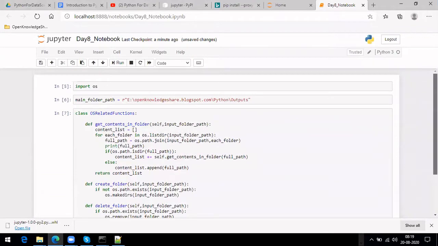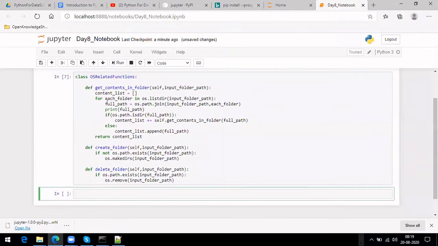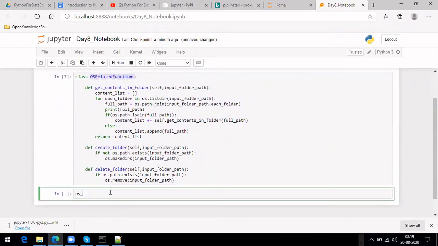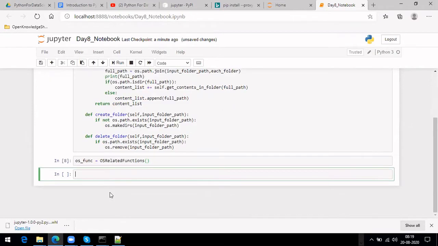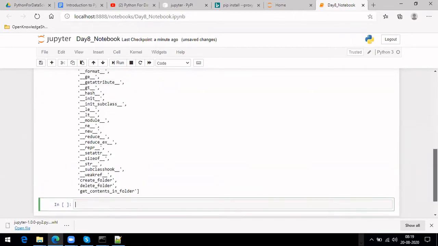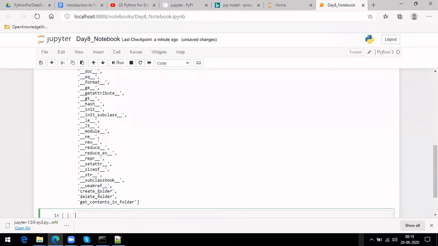I have copied and run it. Once you run it, as I told before, if you want to use that class, you have to assign it to some variable, and then you can open it. Then you will be able to use these functionalities: create folder, delete folder, and get contents from a folder.